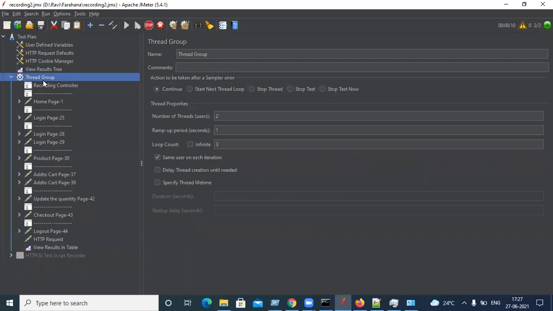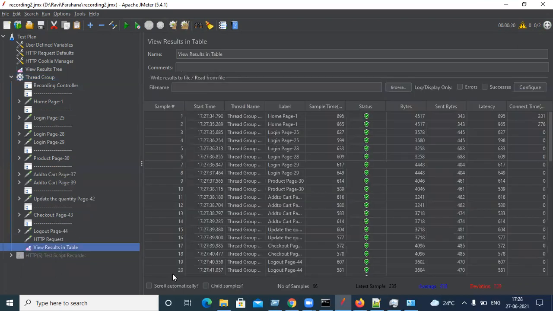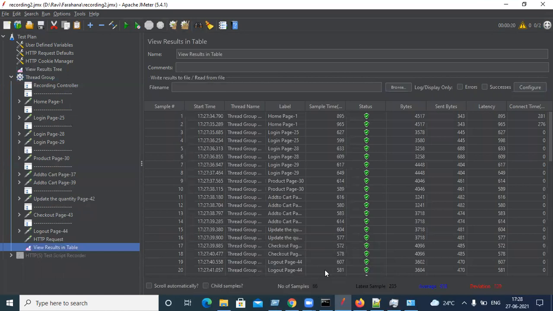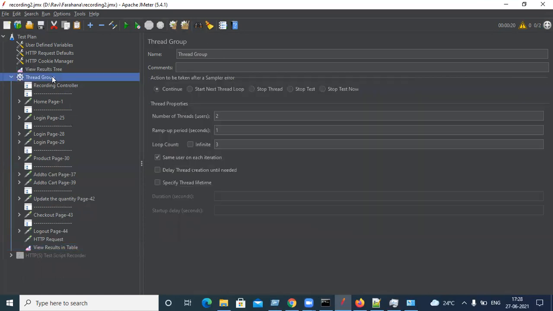Here we have 2 users into 3 loops, 6, into 11. So you'll see 66. Got it, right? 2 users, each user 3 times, and the same will repeat.